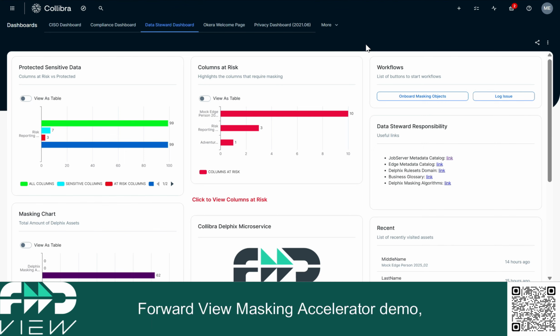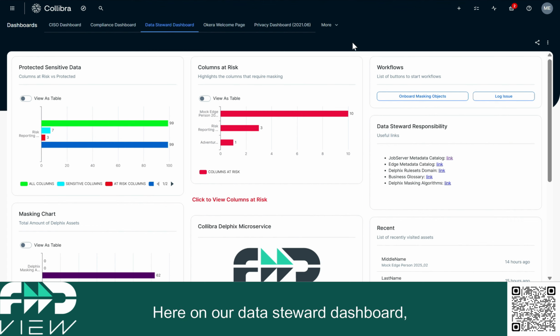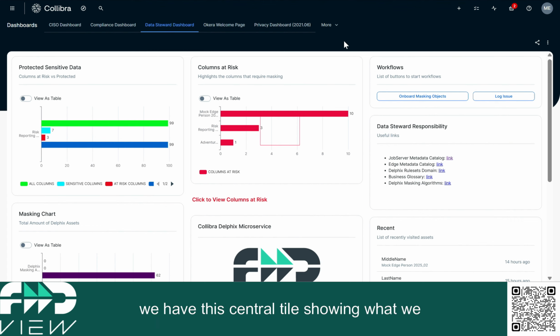Welcome to the Forward View Masking Accelerator demo, where I'm going to take you through the user story of a data steward working with a privacy steward to ensure that columns marked PII are masked and that those masking details are available in Collibra. Here on our data steward dashboard, we have this central tile showing what we call columns